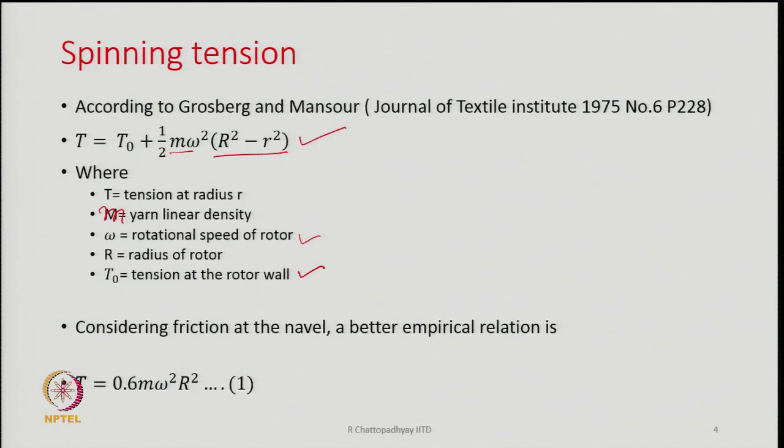So, this relationship has been shown, but considering the friction at the navel, a better empirical relationship is this one, that is T equal to 0.6 m omega square R square. T0 usually is very small, so sometimes people have neglected it while trying to estimate the tension in the yarn,